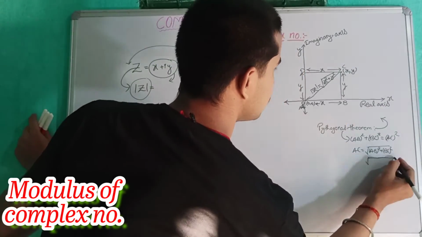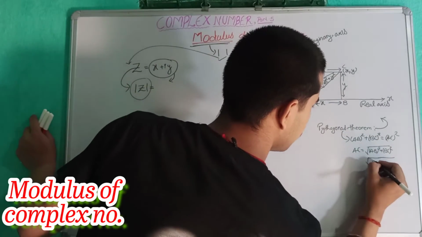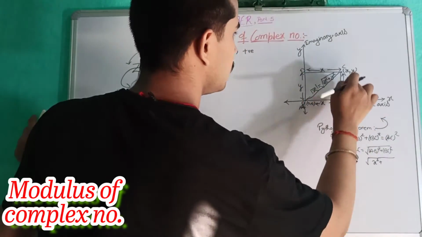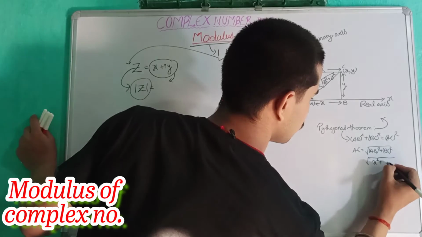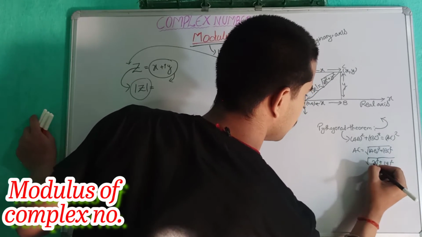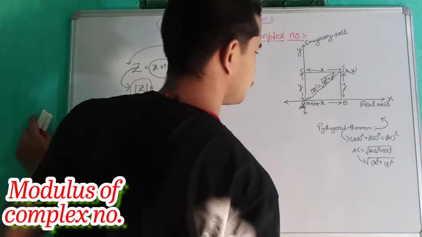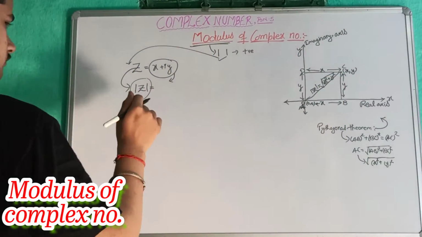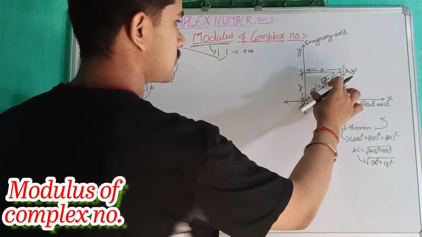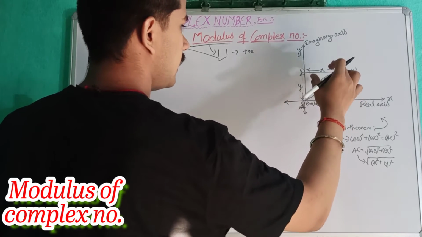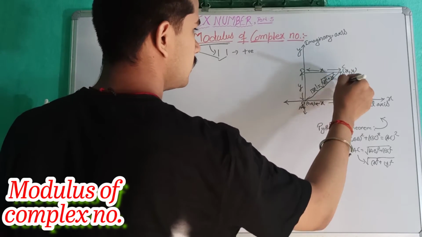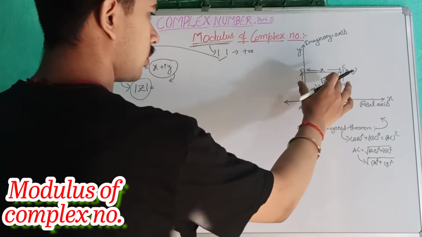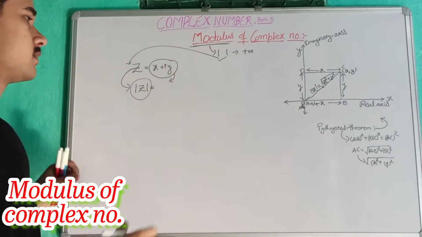Distance of AB is x, so it becomes x square, and BC becomes y, so it becomes y square. So thus we can say that this is going to be the distance between the point A and C, and this is how we represent